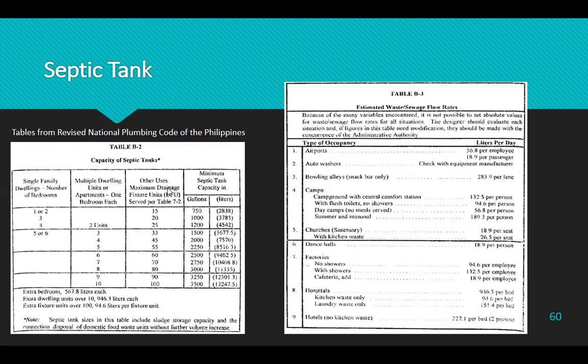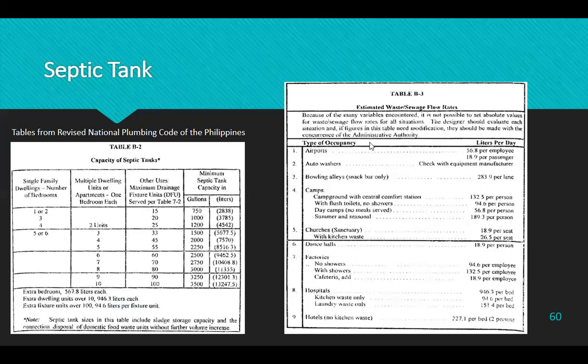So mostly ginagamit ko is yung DFU. Kasi doon sa nakuha mong DFU, drainage fixture unit, makukuha mo yung katapat niyang minimum septic tank capacity. So yung extra bedroom, extra dwelling unit, extra fixture over 100 kasi 100 lang to. So yung dadagdag mo. Or by water flow rates